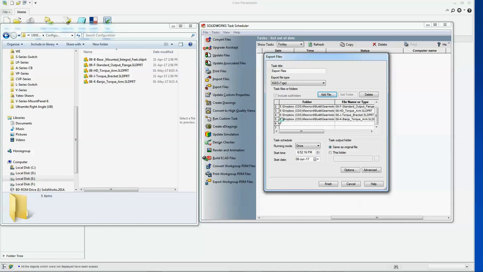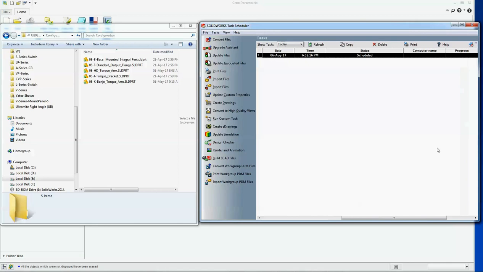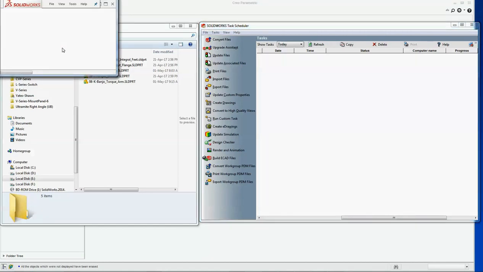Okay, 5 files are added. I'll finish it, and then I will click here below progress. Now it's gone and it's automatically working. You can see a new window will open somewhere here on the upper left corner, and it's working.